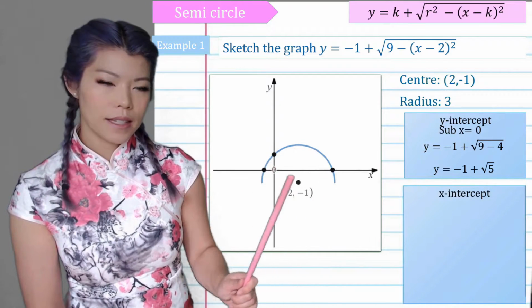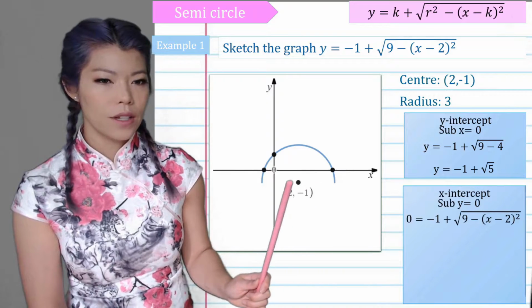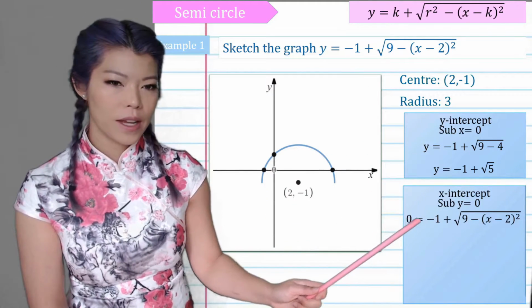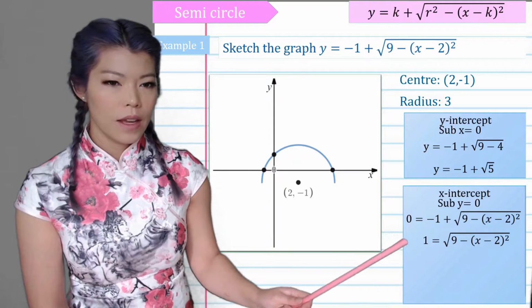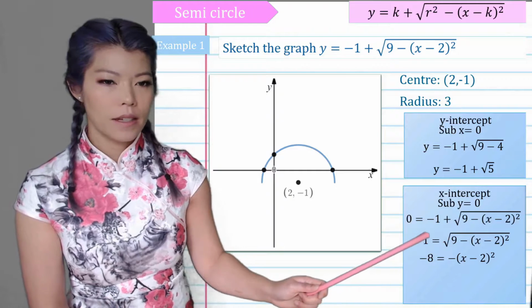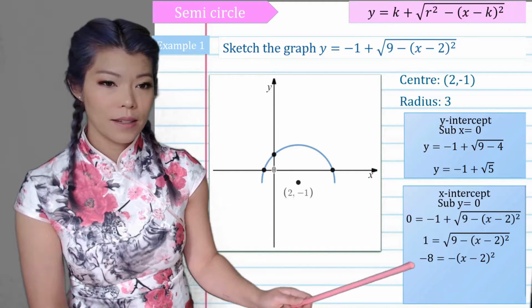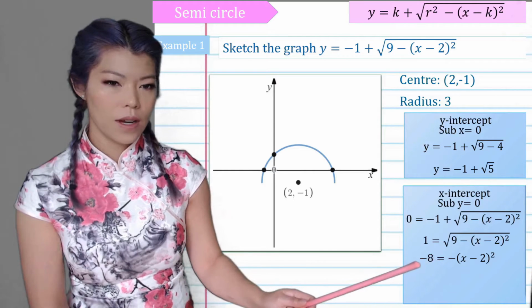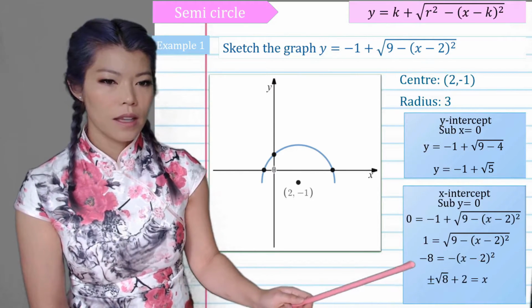Our x-intercepts: let y equal 0. So now it looks a little bit more of a monster of an equation, but we can work it out. Bring the 1 over, and then squaring both sides. Well, 1 squared is just 1, and then minus the 9 becomes -8. Now multiply both sides by -1, and then squaring both sides, we get,